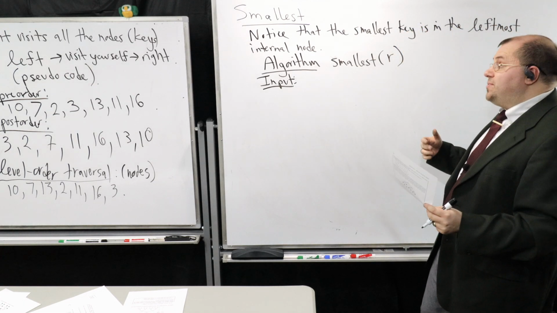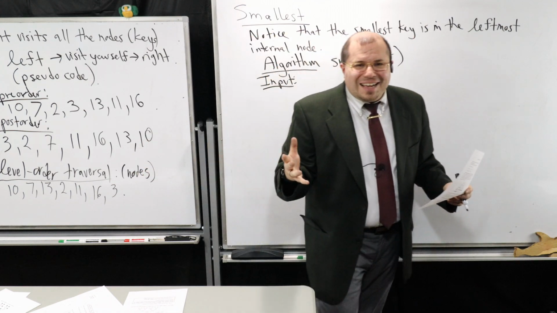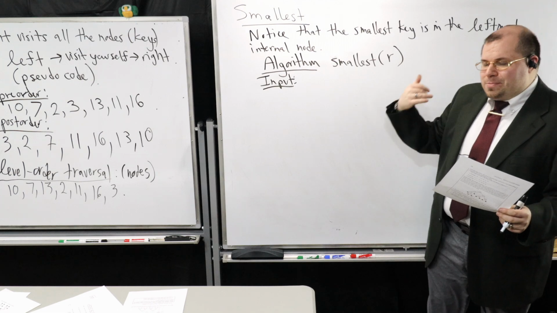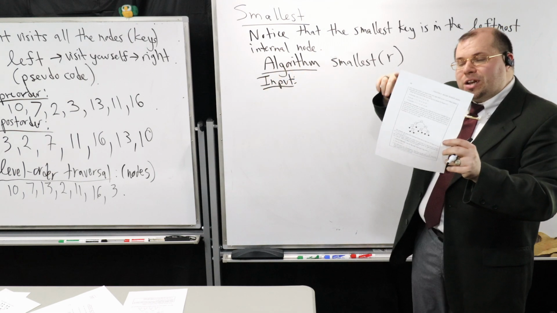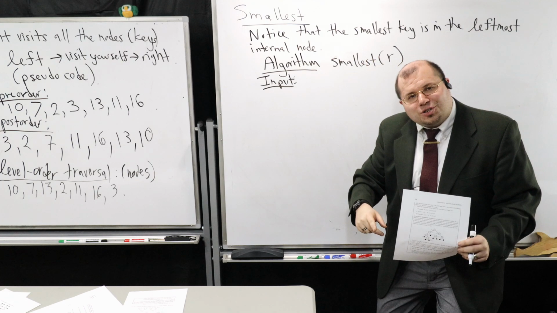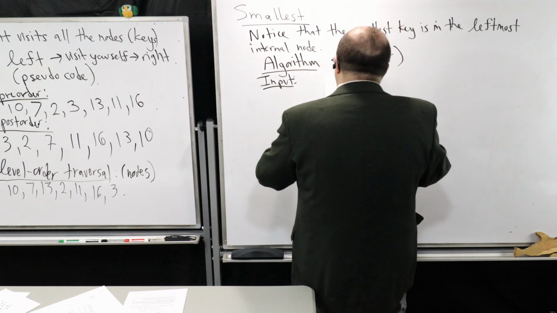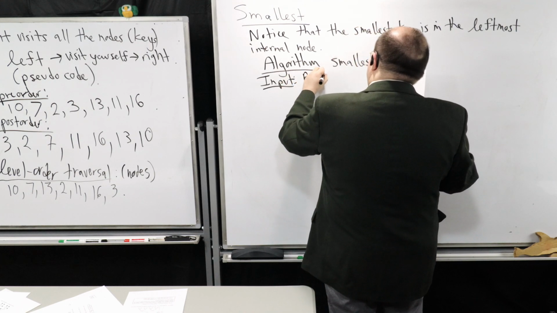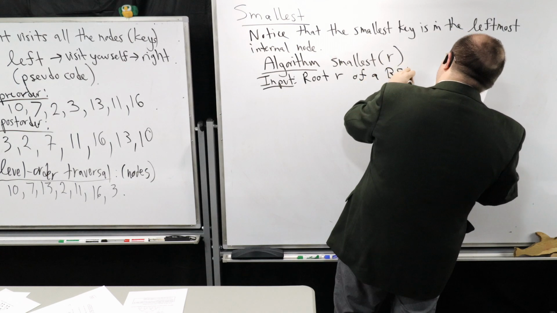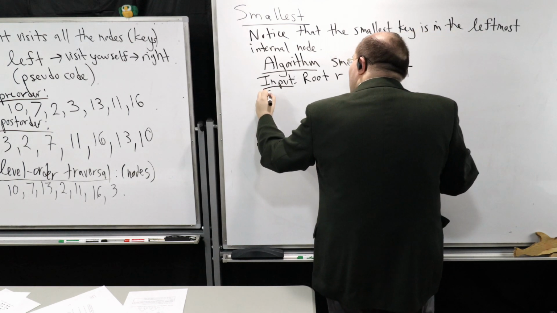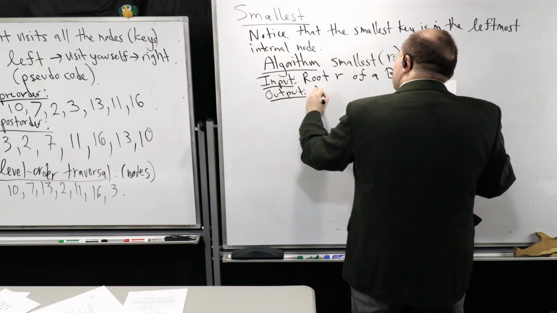So if you want to compute the node with the smallest key in it, I could simply call it upon any one of the nodes in the tree, and it will get me the smallest key of a node of that given subtree rooted at R, whatever that node might be. So the input is a root R of a binary search tree, and as output, what I'm going to return is a node